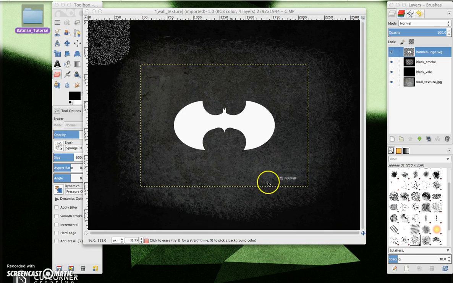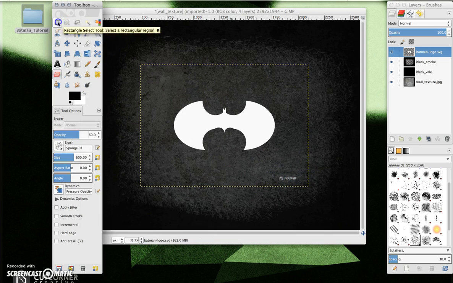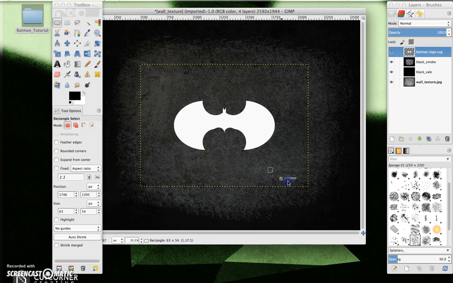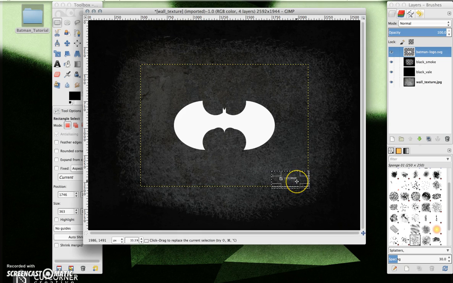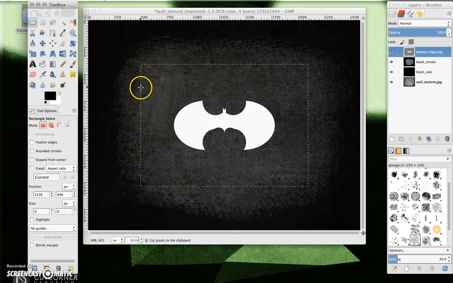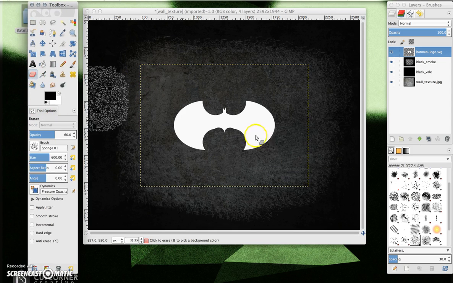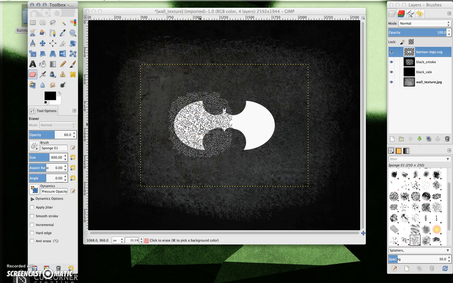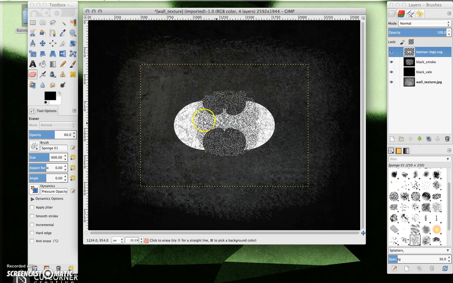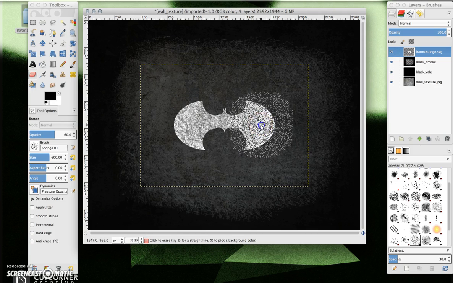What you'll notice here is obviously our logo's there. We don't really want that. So I'm going to go to my rectangle select tool, click over the logo itself, and press Command X, or on a PC you can press Control X, to cut it out. Then I double click on the image, and that gets me back to being able to work again. One more time, I'm just going to very quickly go over it with exactly the same rubber settings, and go a couple of times over the logo so that it starts to look like it's